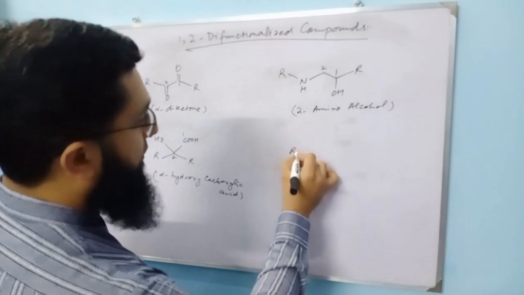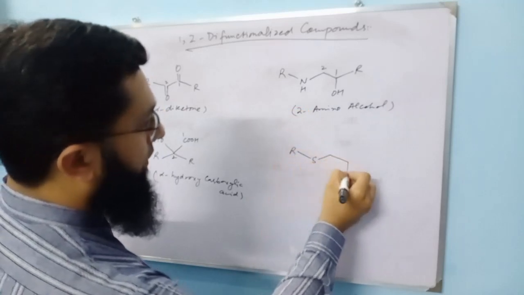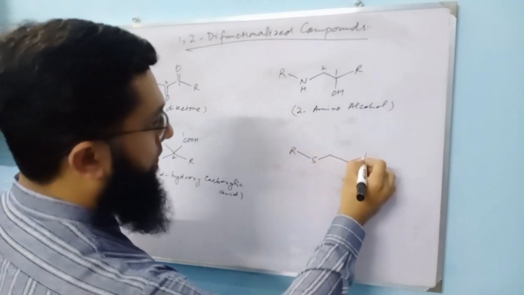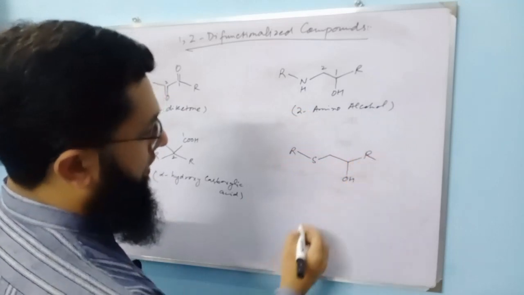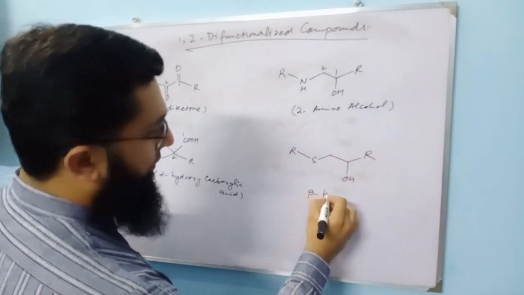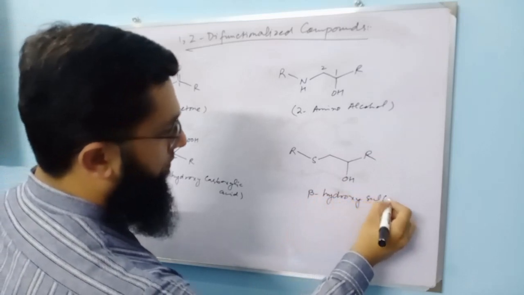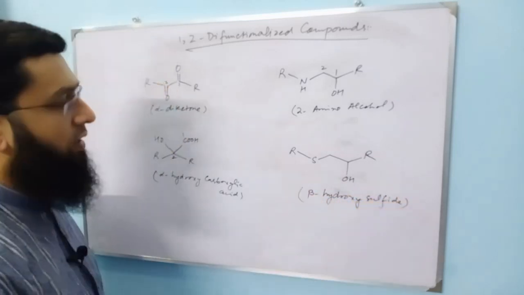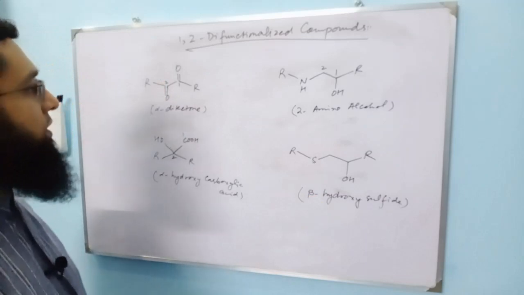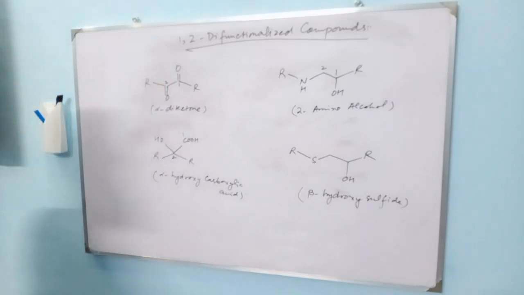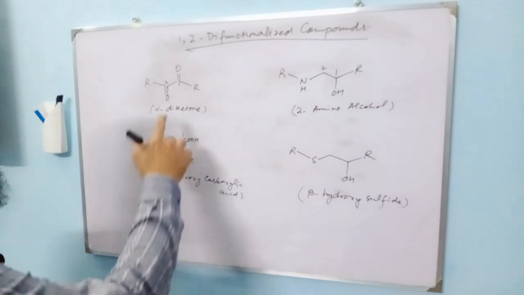Or for example, we can consider beta hydroxy sulfide. So these are a few examples which have a 1,2 relationship between two functional groups, and if we take the example of